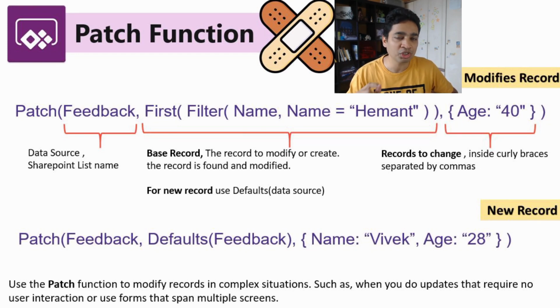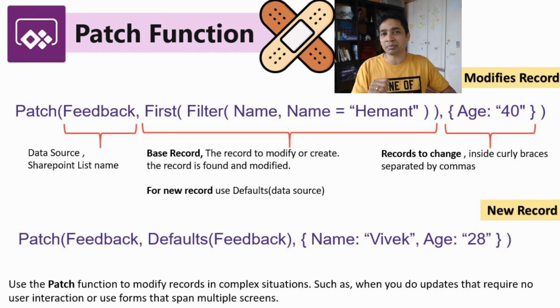data store. Now the question that you may have is why we would be using a Power Apps Patch function when we can use the out of the box edit form or the display screen that is provided, where you don't have to write a single line of code. The reason why we are using the patch function is because of some complex situations. And what are those complex situations?